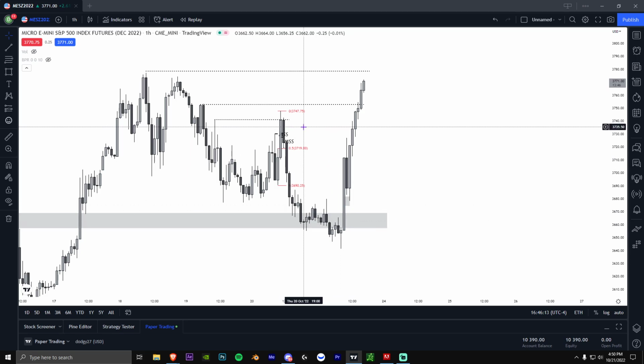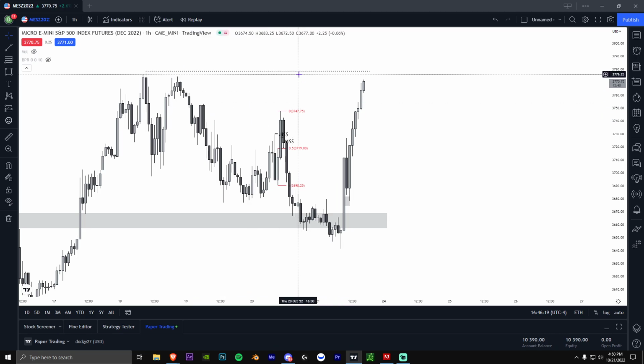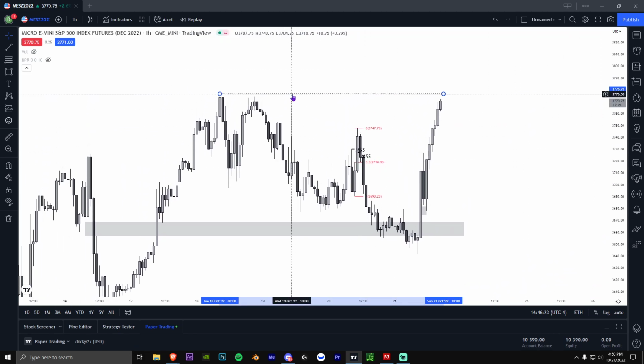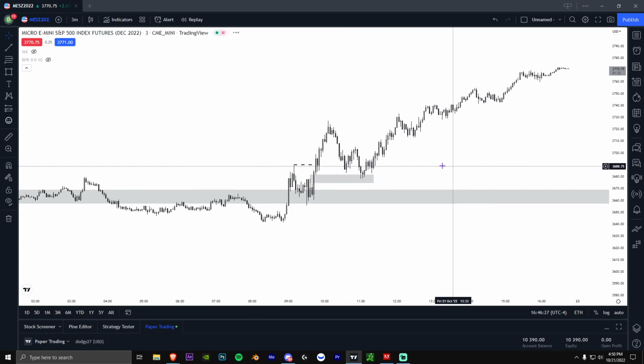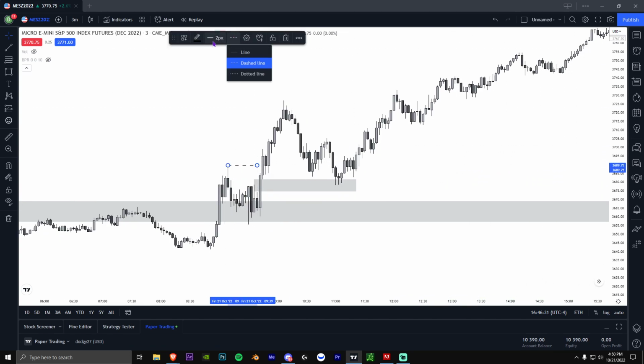And in order to complete the buy model, we had to hit right here, 3747. And you can see we still haven't hit this level yet, but I'm almost 100% sure we will. If I'm wrong, that'll be awkward, but I'm pretty sure we're gonna hit this level. So that's kind of why I was still bullish today. I just mistimed it yesterday a little bit, but today you can kind of see that